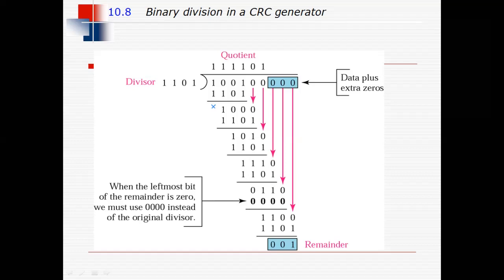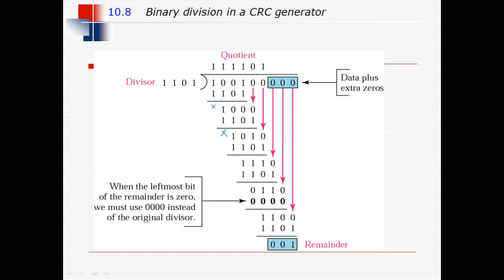Now again, because the first bit is 1 here, we will divide by 1. Now 1, 1, 0, 1. We will perform the subtraction operation. Now again, it is a modulo 2 division. So cross this one. Now 0, 1, 1, 0, 0, 0, 0, 1, 1. We have taken a 0 bit from the data portion. Now our data is 1, 0, 1, 0. Again, the first bit is 1. So my quotient is 1.